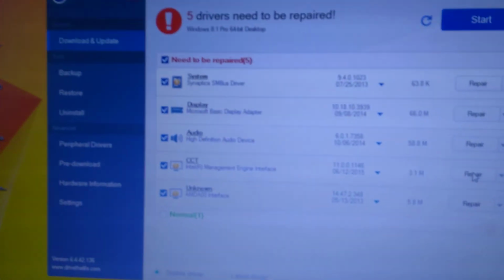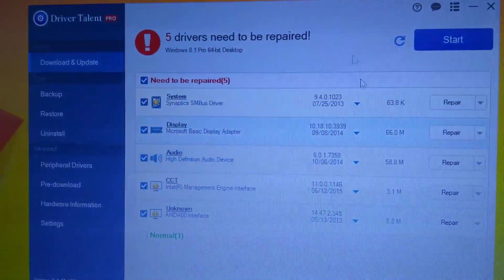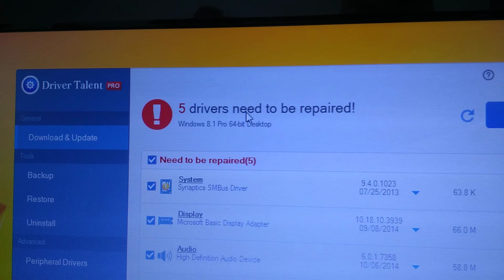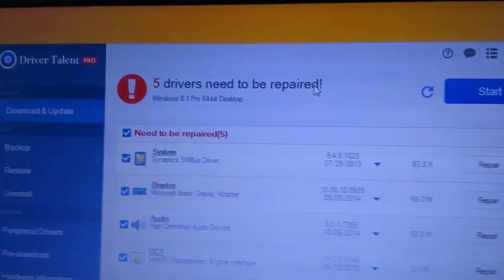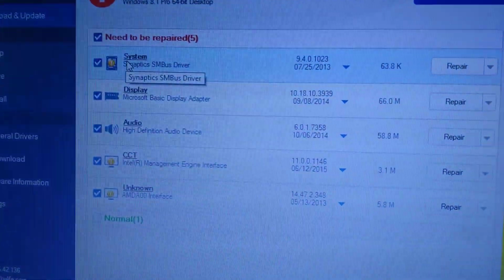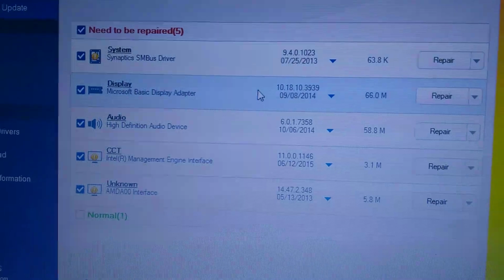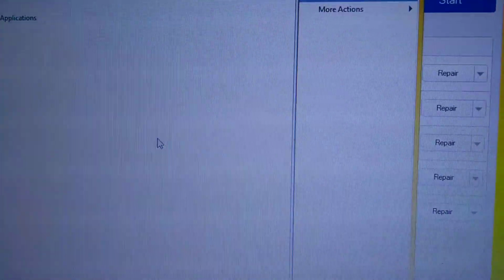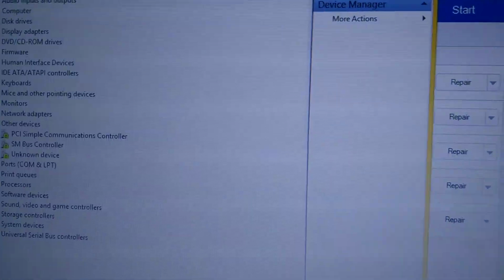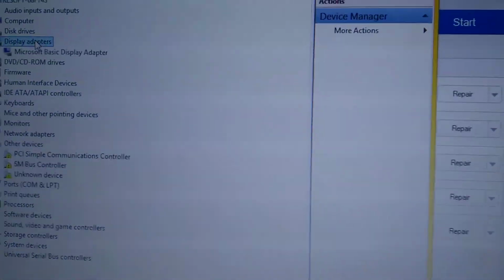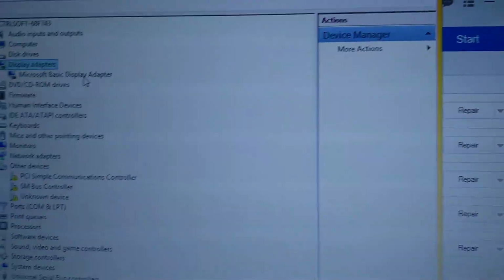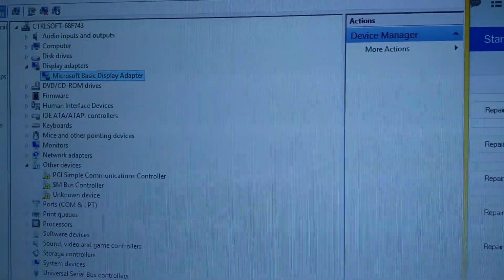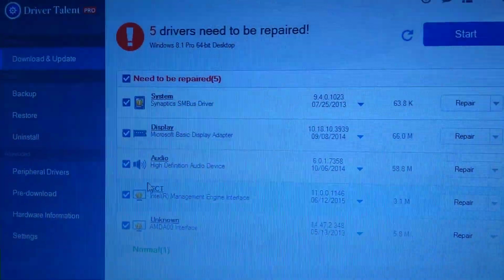Okay, so here scan is completed. So there are 5 missing drivers. 5 drivers need to be repaired. So like here, system display. Okay, display. Suppose like here display is also having a problem, like display, like audio also. Here display is the problem. See display, it should be Intel HD Graphics, but this one, suppose now